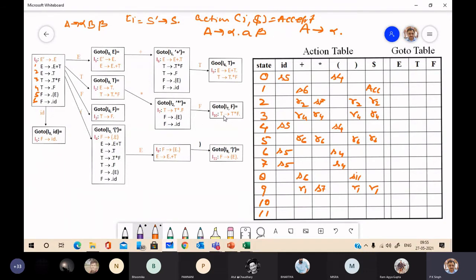Now I10, again the item has the form A → alpha dot, action is reduce, so you have to look for follow of T, reduce by R3. Follow of T gives R3, R3, R3, R3.